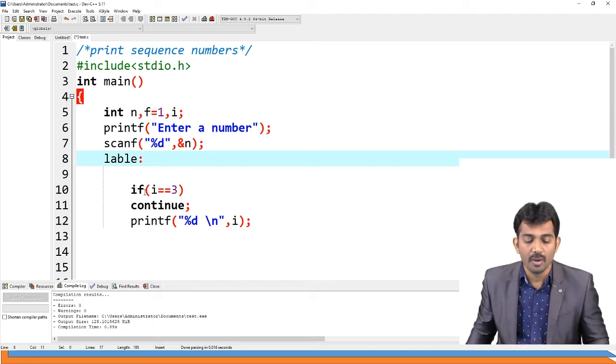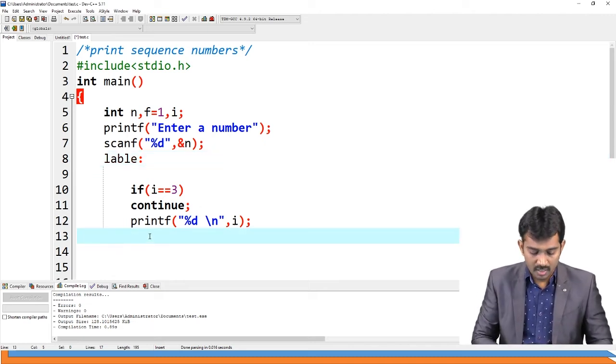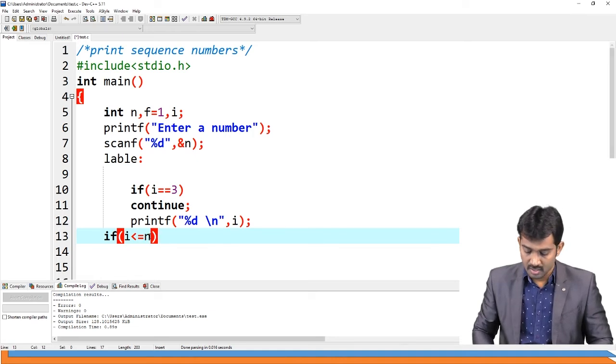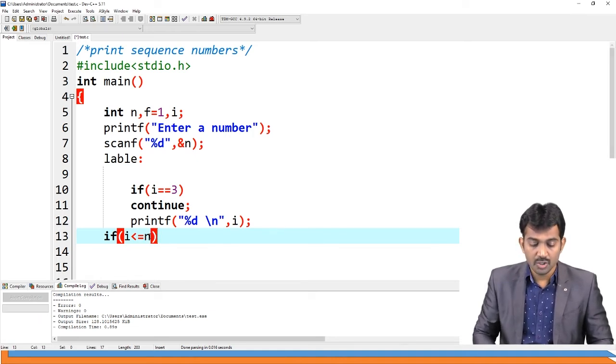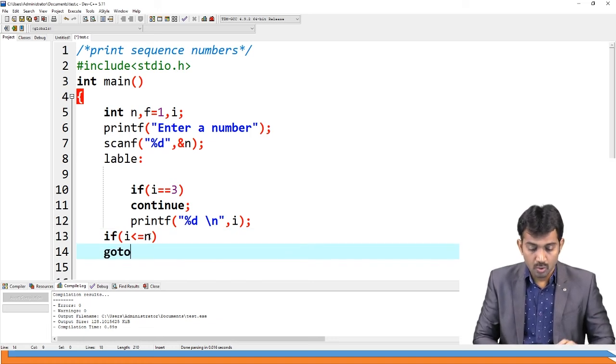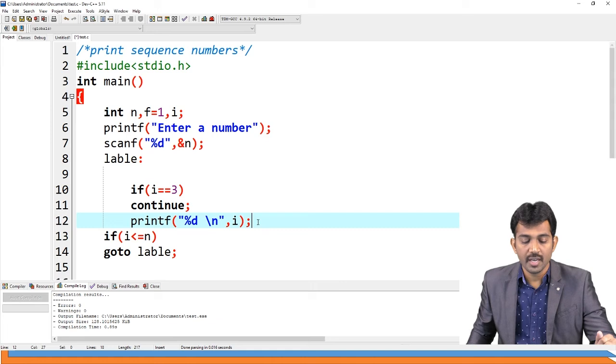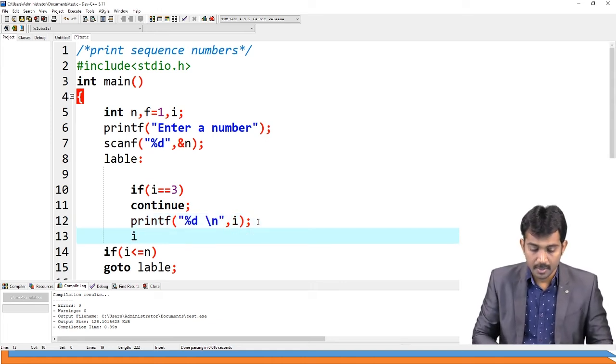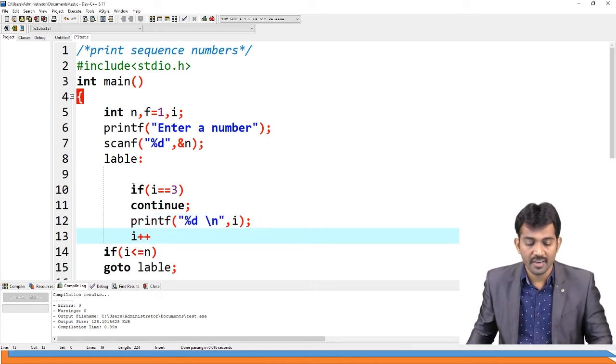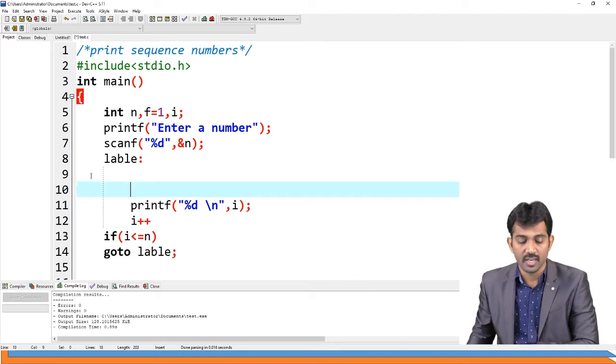When you run this program, what I'm going to write is: if i is less than or equal to n, then I should write goto label. Goto label. Here I need to write i plus plus, right? So we don't have a continue here. Let us see how it will work.